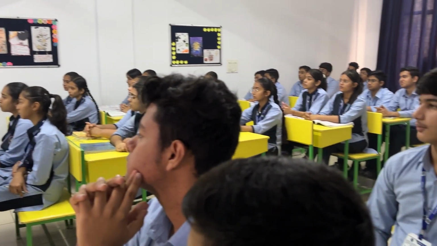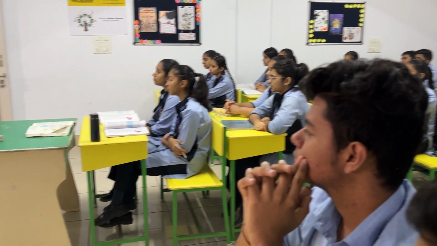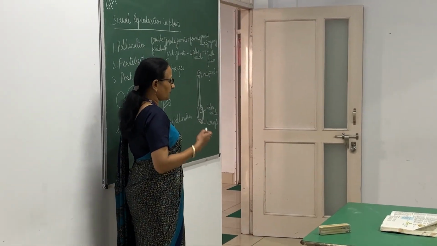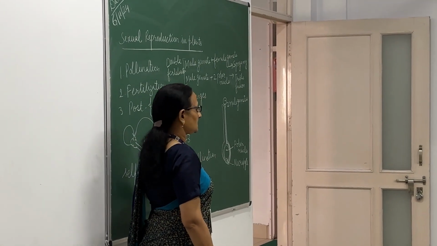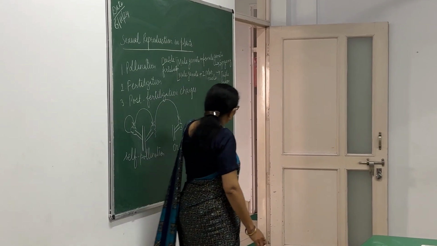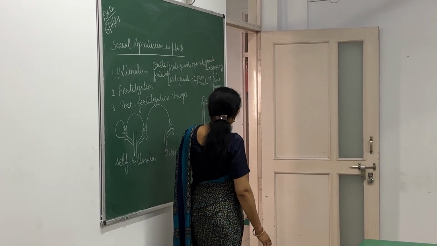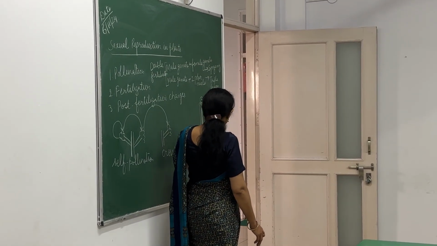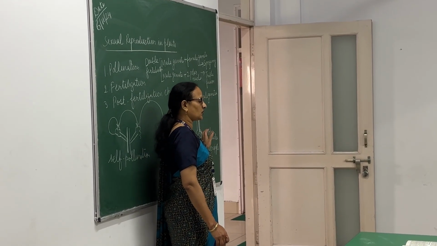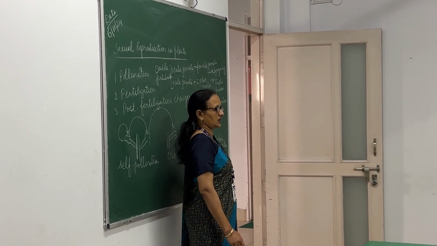After the process of fertilization, post-fertilization changes take place. What happens in case of post-fertilization changes? Sepals and petals fall off. The ovary becomes ripe and is converted into fruit, whereas the ovule changes into the seed, and the rest of the endosperm works as cotyledons, and it provides nourishment to the developing embryo. And this process is known as germination.